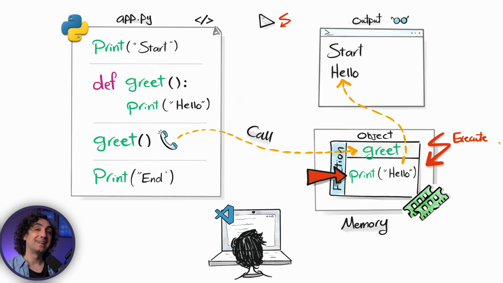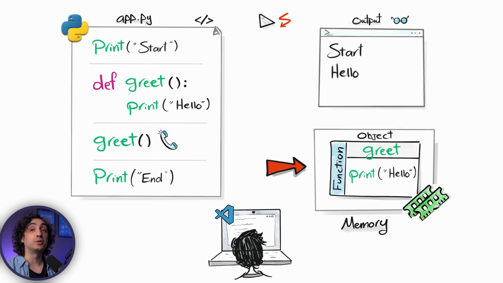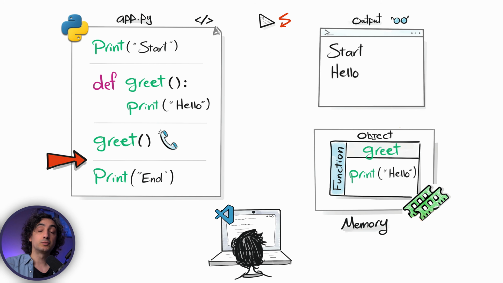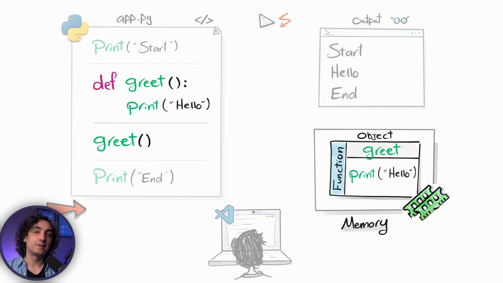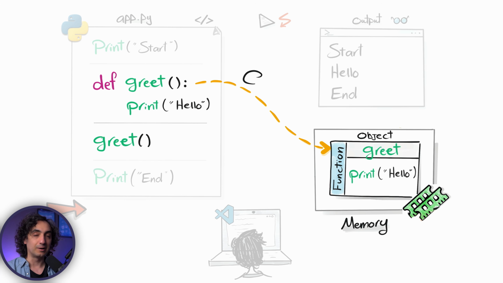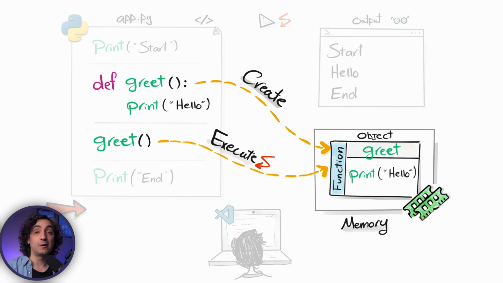After that, Python exits your function and goes back to your code where it was. So it's going to go to the next line, print end. It is a normal line of code. So in the output, we're going to see start, hello, and end. I just want you to understand this one thing. If you define a function, that means Python is creating an object in the memory, and that means it is not yet executing the function, and the function call is the one that's going to execute it. So this is how Python works internally with user-defined functions.